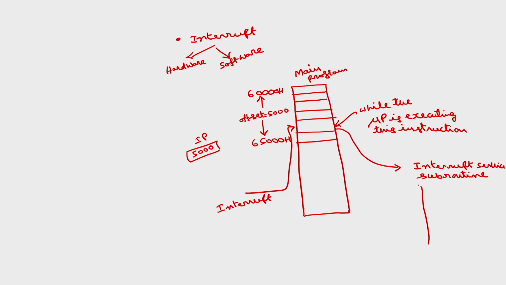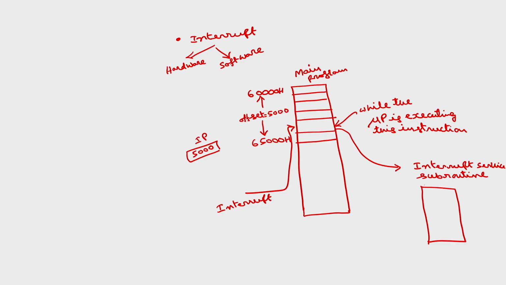Where you can write some program. Normally this interrupt will be activated whenever you want to perform some emergency task. The microprocessor is executing some program. Whenever you want to perform some emergency task, you interrupt the microprocessor, you disturb the current running of the program, then you go to this interrupt service subroutine, and you write the instructions here to perform the emergency task. Then the last instruction of this one, similar to any subroutine, is return.